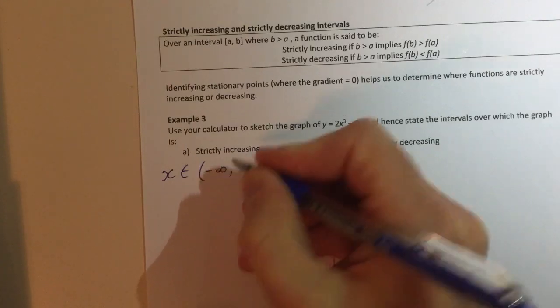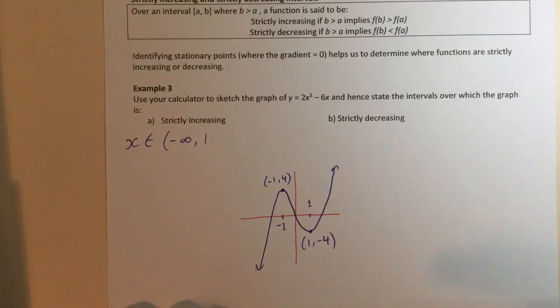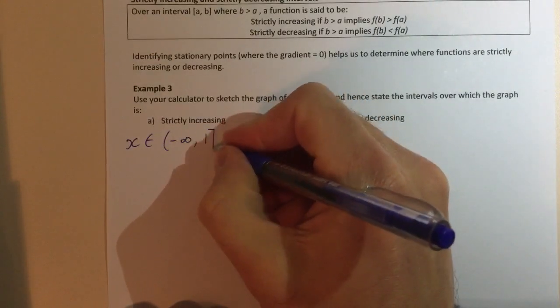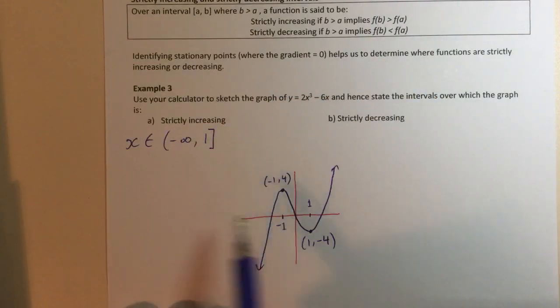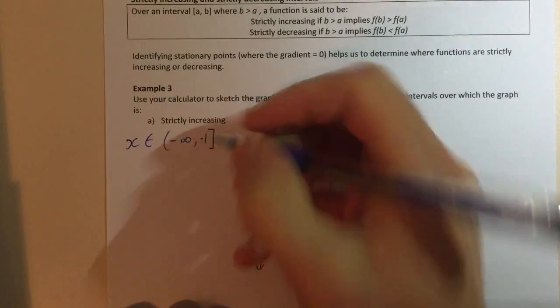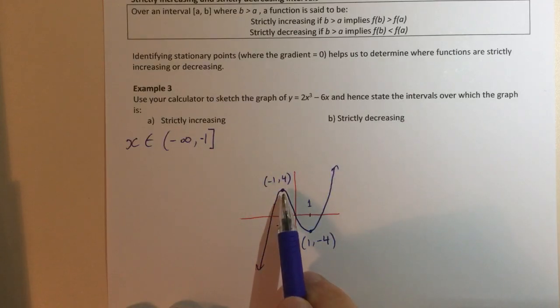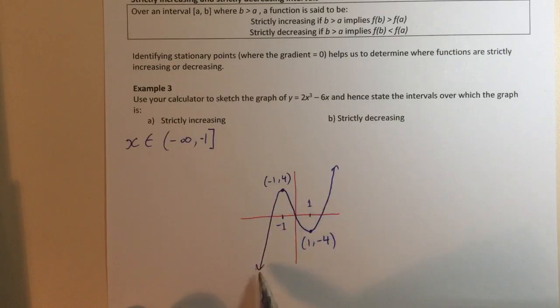-infinity to -1. Now, this bit might seem a little bit confusing, but you actually include -1 in the interval, even though at the point -1 we've got a stationary point. When we're thinking about it as an interval, I could say that everywhere from -infinity